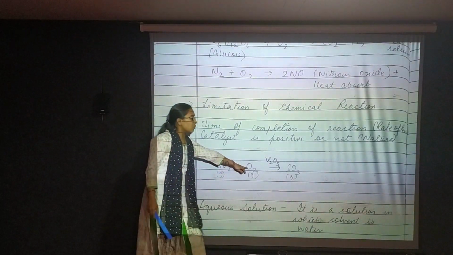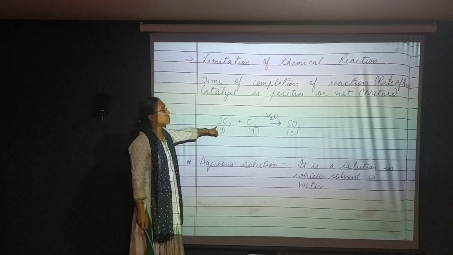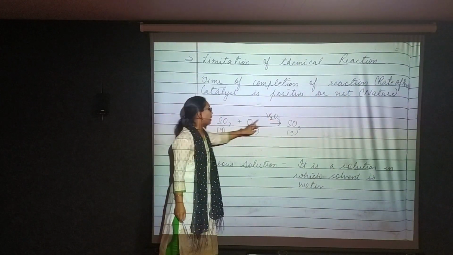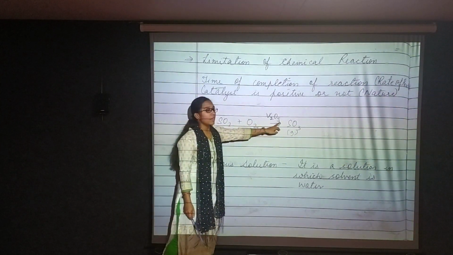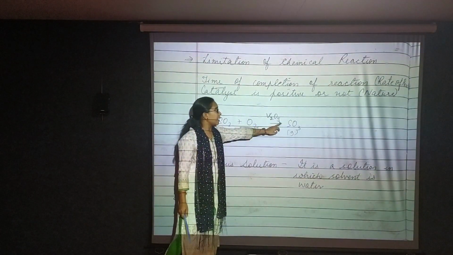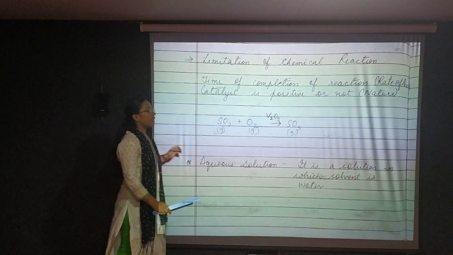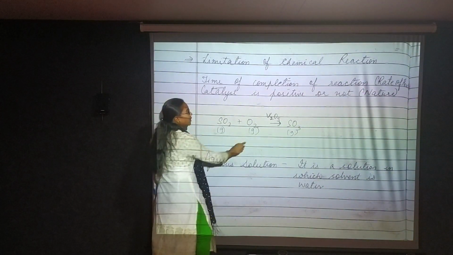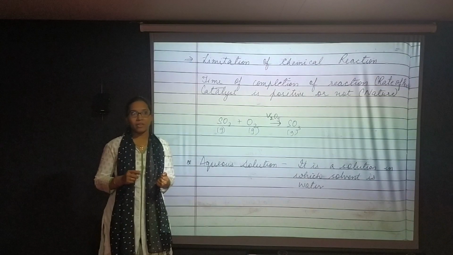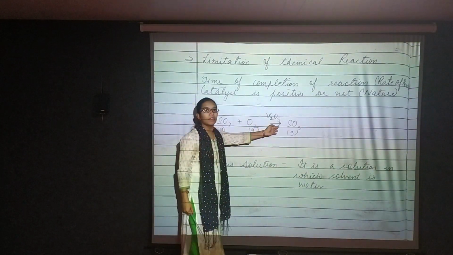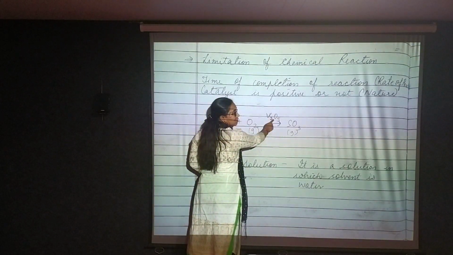Now SO2 plus O2, as I told you that vanadium pentoxide is a catalyst, so in this reaction this catalyst V2O5 is used. Sulfur dioxide is in the gaseous form. Oxygen, gaseous form. It reacts in the presence of vanadium pentoxide to give SO3, which is also in a gaseous form. Now whenever you are writing a catalyst, it should always be above this arrow, and whenever you are writing the temperature, that is it is being heated at 273 degrees Celsius or whatever temperature, that also should be above or below this arrow.